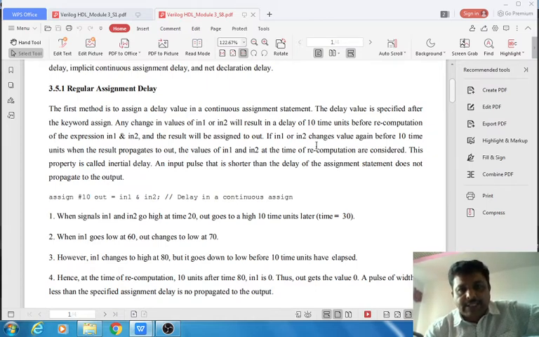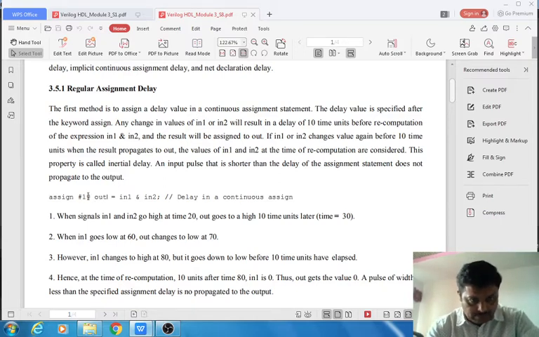If in1 or in2 changes value again before 10 nanoseconds, when the result propagates to the output, the values of in1 and in2 at the time of recomputation are considered. Initially at time 0, assuming both in1 and in2 are 0, the computed logical AND, 0, is assigned to the output signal only when the simulation time reaches 10 nanoseconds.